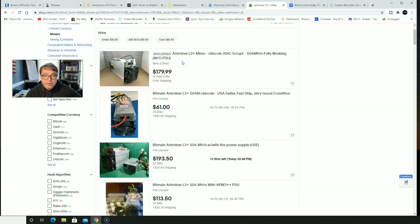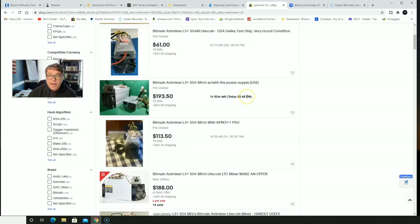A lot of the new miners require 240. So one thing to consider if you do go buy any Antminer: there's a couple miners you can get for a couple hundred dollars, and if you wanted to buy brand new,